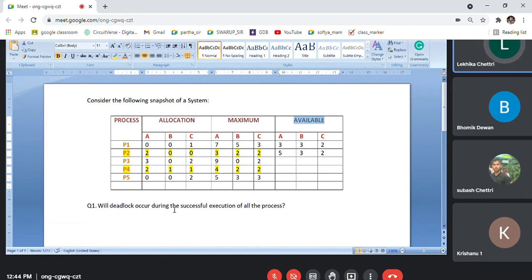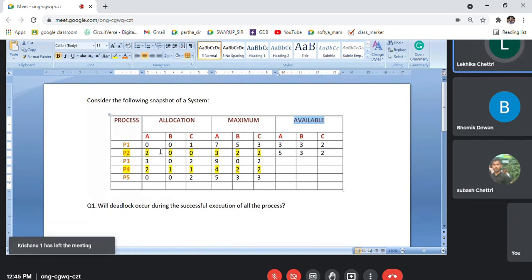One is the safety algorithm, that means the algorithm wherein we have to find this sequence. You'll have to write this program, then you'll have to find. You can check in your book the safety algorithm on your own. I am telling you the numerical. So here you'll have to check the safety algorithm. First you'll have to search, wherein you'll have to constantly compare with the allocation, the maximum, and the available.